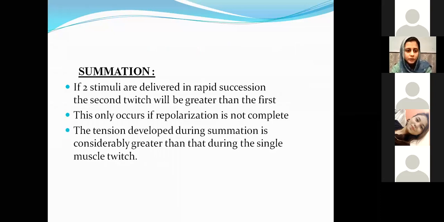अच्छा, there is this phenomenon called summation. What is summation? This is when you give two stimuli together. So if the two stimuli are delivered in rapid succession, the second twitch will be greater than the first. उसमें add up हो जाता है. Summation का मतलब है the stimuli, the action potential that is given to the muscle. जो एक के बाद जो दूसरा हम stimulus दे रहे हैं वो first के साथ add up हो रहा है,